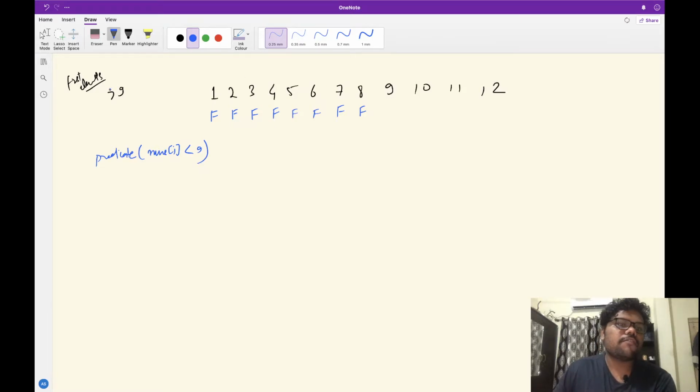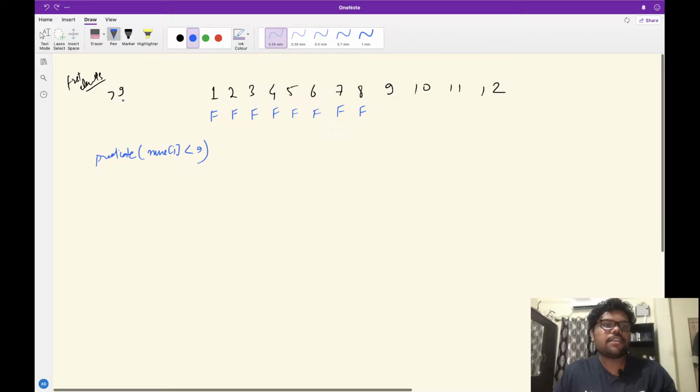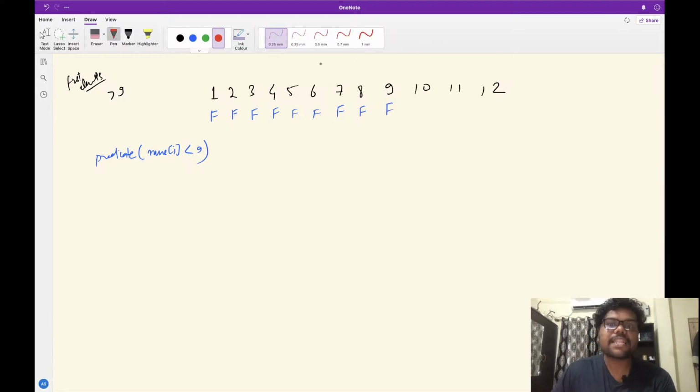Here we are only looking for greater than 9. If it was greater than or equal to 9, then this would have been true. But in this case we are only looking for greater than 9. Is 9 greater than 9? No, false. Is 10 greater than 9? Yes. Is 11 greater than 9? Yes. Is 12 greater than 9?